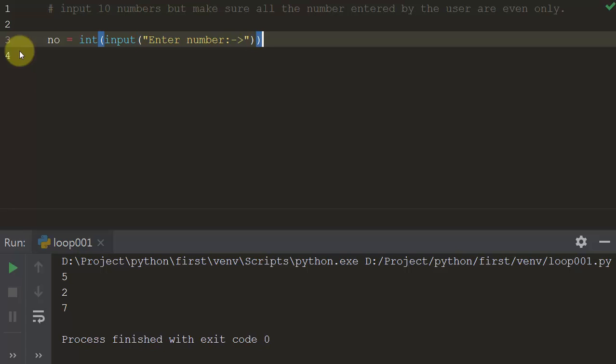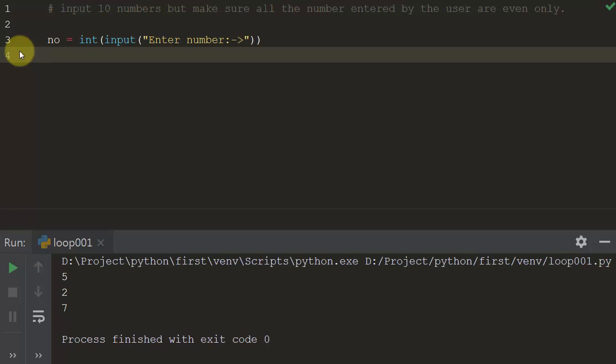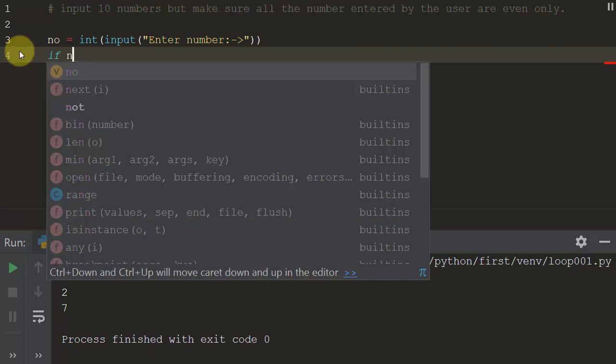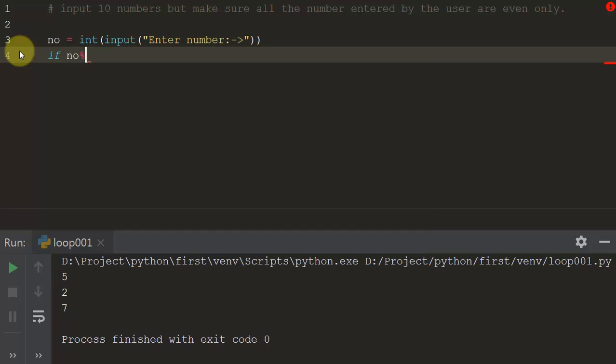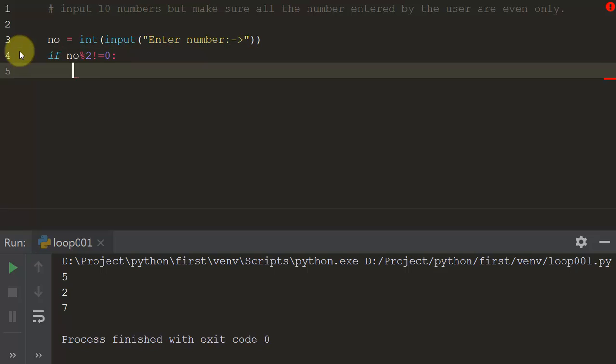So this will take one number, and let us check whether this number is even or odd. Okay, so if number modulus 2 equals 0, that means if the remainder, when we divide a number by 2, gives you 0, that means it's an even number. And if it gives you 1, that means it is an odd number. So if the number is even, then it's okay, and if it is not, we have to do it somewhat like this: not equals to 0, then we can say, hey, you have entered,